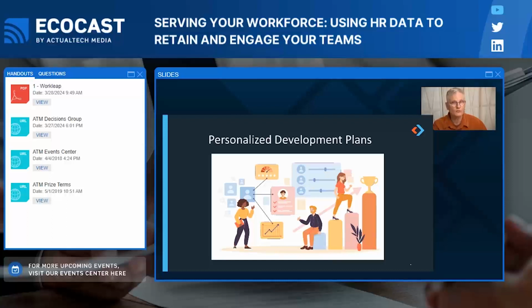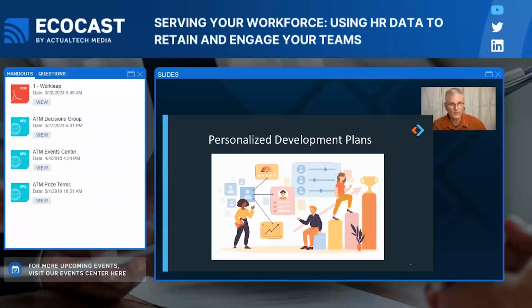Now, it's no secret to any of us that employees who are learning new things and improving their skill sets tend to be happier, more productive workers. Think about yourself, for example. When you are training, when you're going further beyond the limitations of your current role, perhaps, when you're extending yourself, it makes you happier. So, this HR data in this regard can help facilitate the creation of personalized development plans that are tailored to individual employee aspirations and skill gaps.